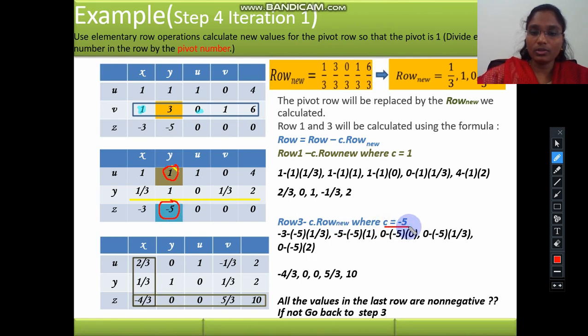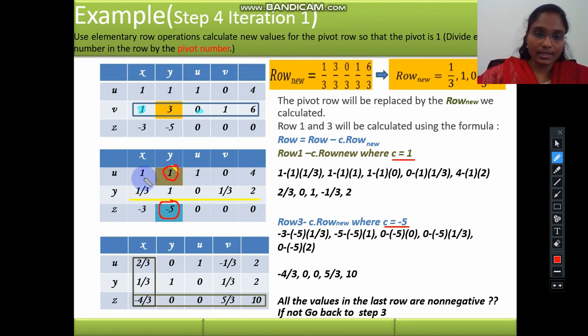How do we calculate the values for these two rows? The formula is row minus C times row new. So the value that is already present minus the C value, here 1, times the new row value. That is what we want to calculate for updating this particular row.